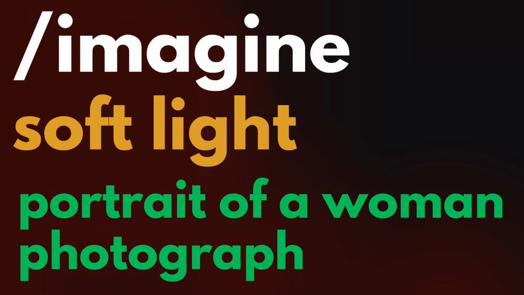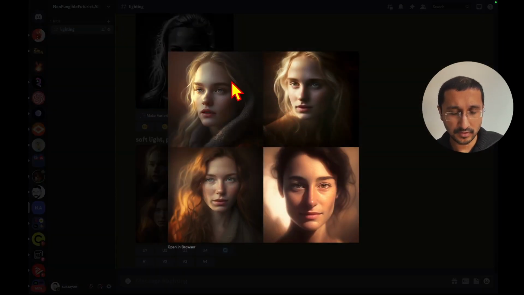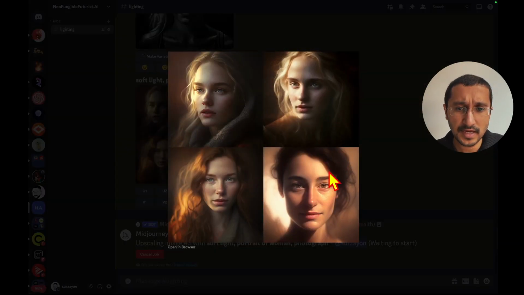Now, the next one I'm going to do is the opposite of that, which is the soft light, where the hard light is more of a dramatic fitness or athletic image. The soft light gives out a more ethereal look. Image number 3 is a good example of that. In this case, I think all of the images are very good examples,